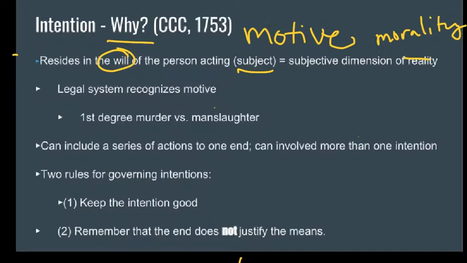And so even the legal system recognizes the role motive plays in action. There's a difference between first degree murder, which is premeditated and has malice aforethought, where you have malintentions, and manslaughter. So, for example, suppose a woman runs her husband over with her car. There's a big difference between a woman who intended to kill her husband so she could get the life insurance,